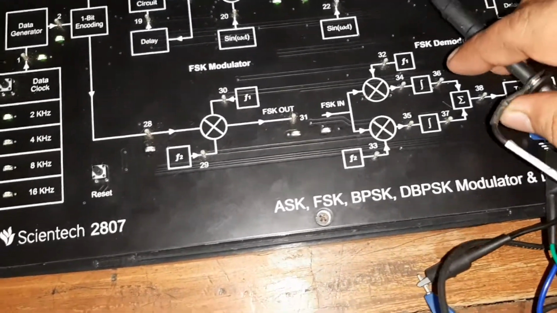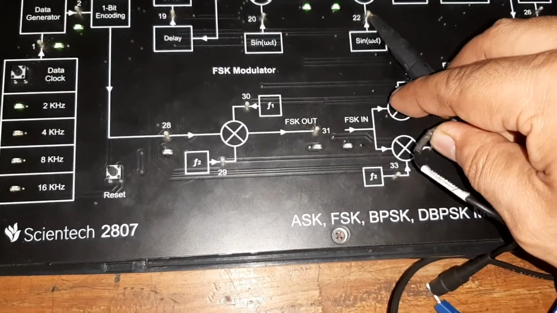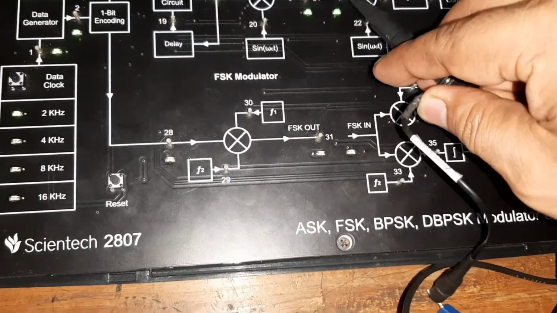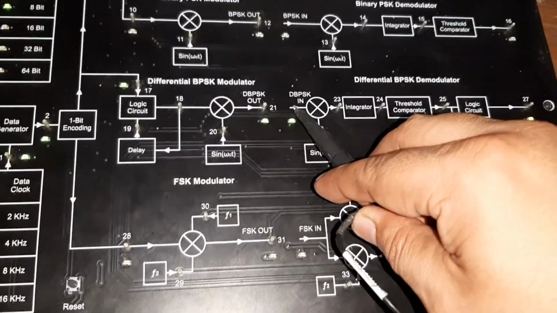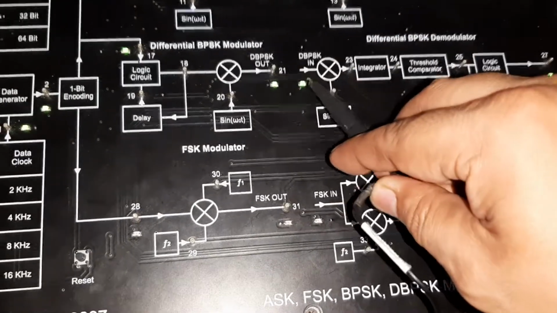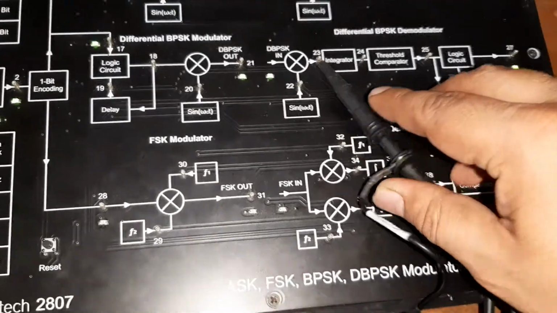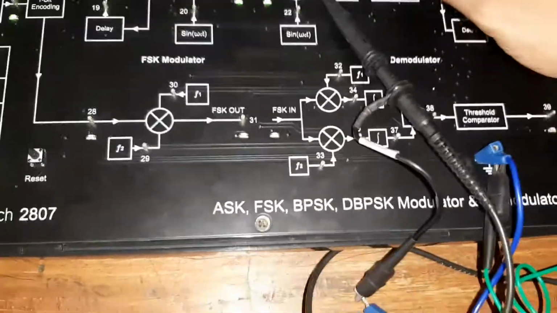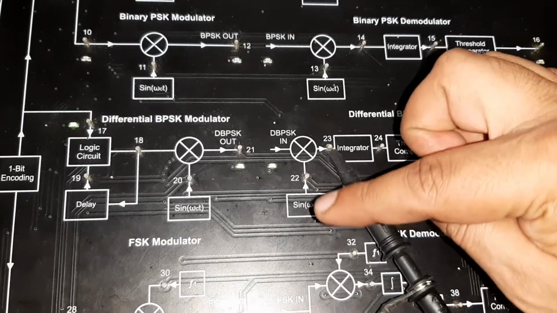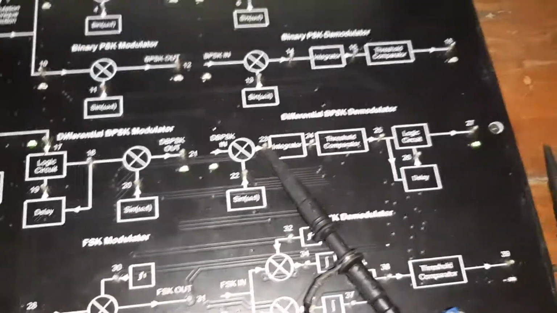Okay, so first, one by one, we can observe. In channel 1 we connect the sine carrier signal, everyone knows, so I will not repeat this. Now we need to see what the output of the differential binary phase shift keying modulator is when it is modulated with the sine carrier signal. So that output we can observe here. Now I have connected the differential binary phase shift keying mixed with, or modulated with, the sine carrier signal, and it is the output we are going to observe.